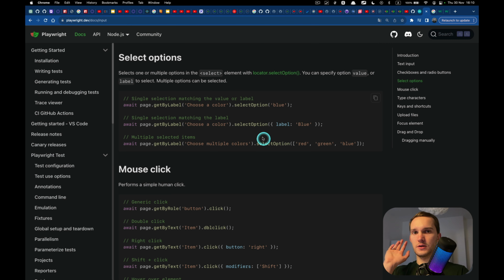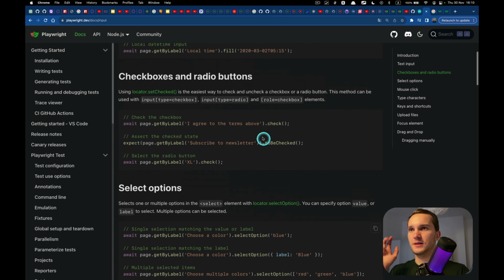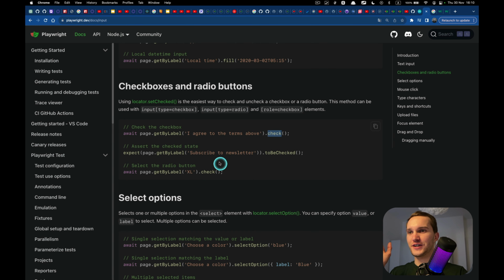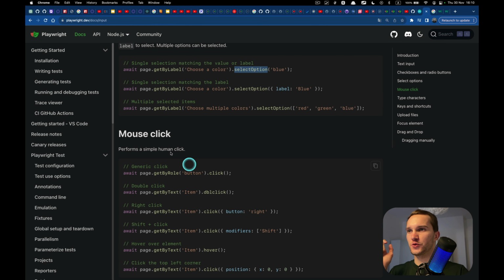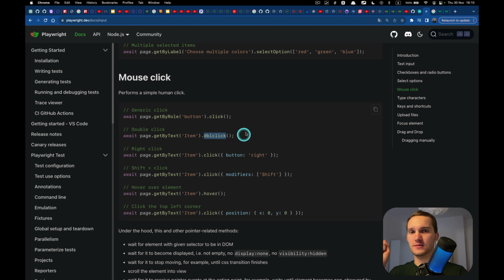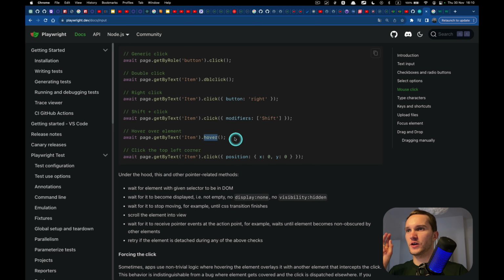Then, okay, remember, fill the input, then do the check on checkbox, then select option in drop-down, then do mouse click, this is 4, then do double click, just 1, 2, it goes like this, 1, 2. Then we can do the hover. Okay, let's try the hover.